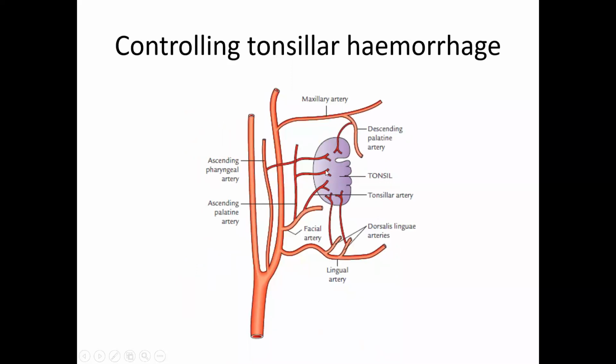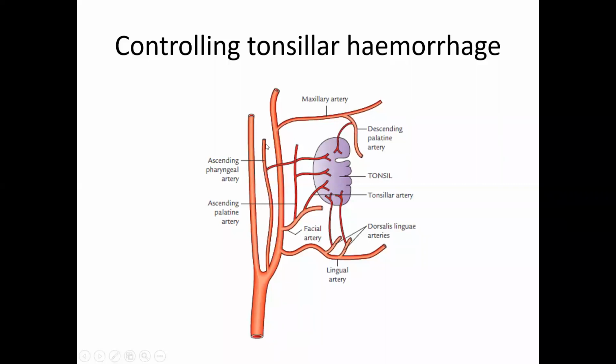1, 2, 3, 4, and 5. Five branches are shown to supply the palatine tonsils. One is a branch from the lingual artery. There are 2 branches from the facial artery. One is called the main tonsillar branch, the main artery which supplies the tonsils, and there is a branch of the facial artery called the ascending palatine, which enters the pharynx through the gap above the superior constrictor. The ascending palatine on the way upward also gives a branch to the tonsils.